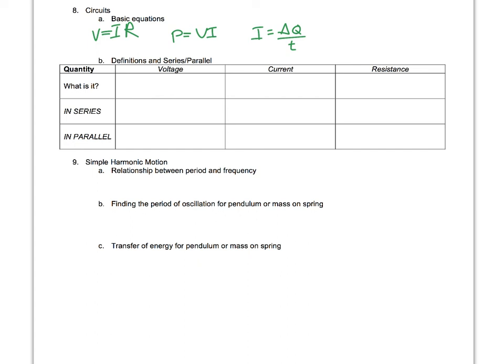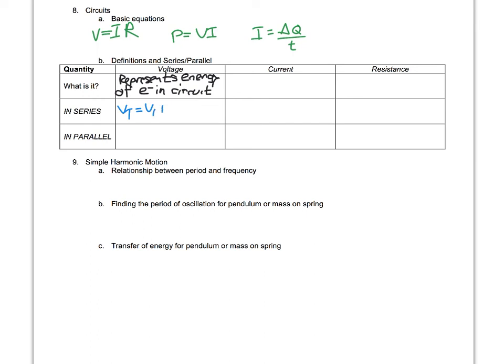So let's start with voltage. Voltage really represents the energy of the electrons as they travel through the circuit. A 9-volt battery versus a 1.5-volt battery means that the electrons in the 9-volt battery have more energy. And voltage is something that gets lost as they travel around. So electrons start with 9 volts of electric potential, and when they return to the battery, they've lost all of it. In series, the total voltage, the voltage provided by the battery, is equal to